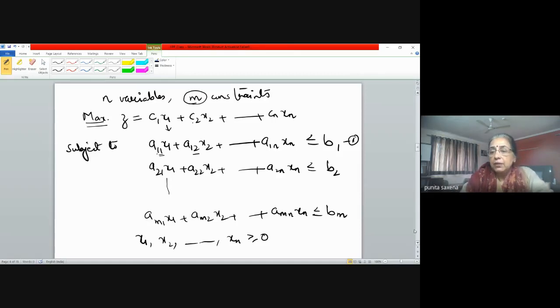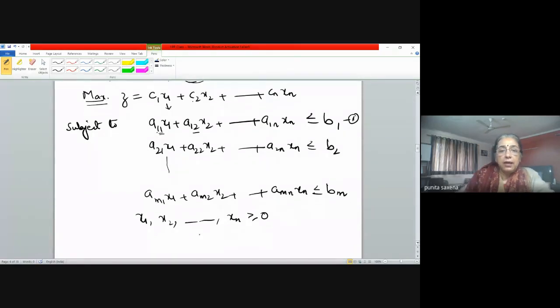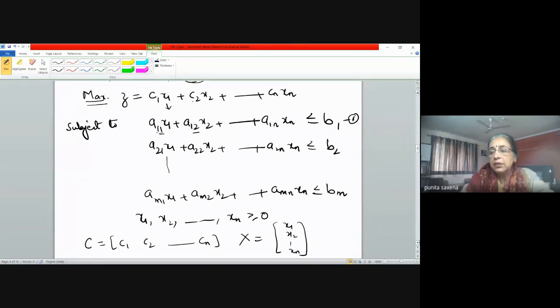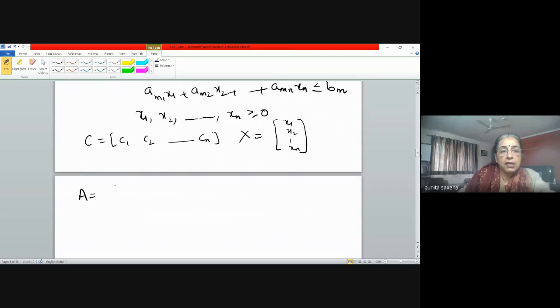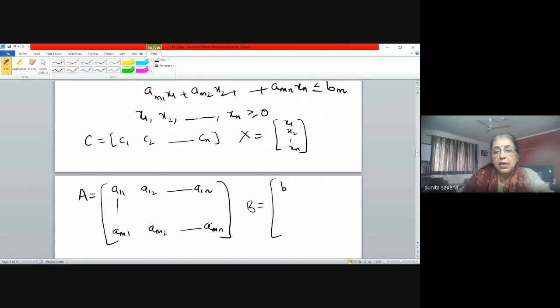Okay. Now, say supposing I define, now I don't want to write all this every time. I can bring in matrices here in the sense that I define a matrix C as c1, c2, cn. कर सकते हैं, ठीक है. I define a matrix X as x1, x2, xn. लिख सकते हैं, ठीक है. And I can define two more matrices. I define A as a11, a12, a1n, and so on, am1, am2, amn, the coefficients of the constraints. And I define another matrix, B as b1, b2, bm. कर सकते हैं,